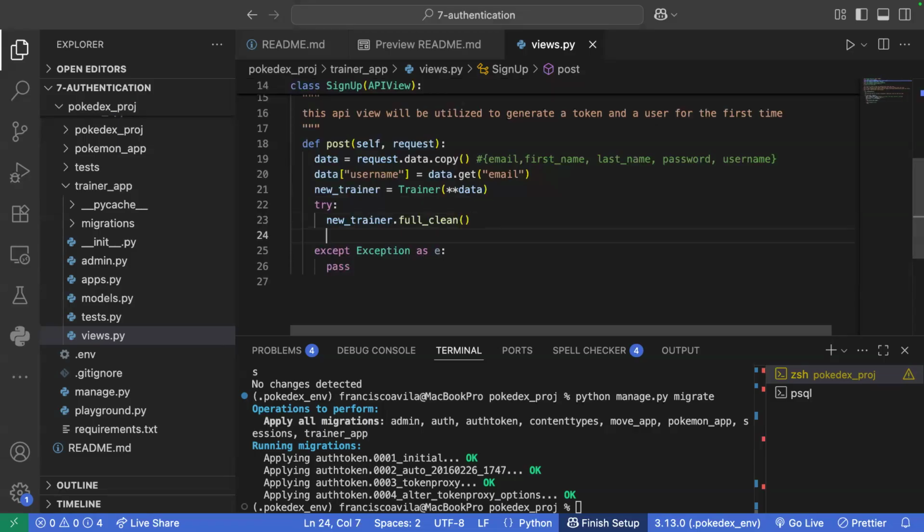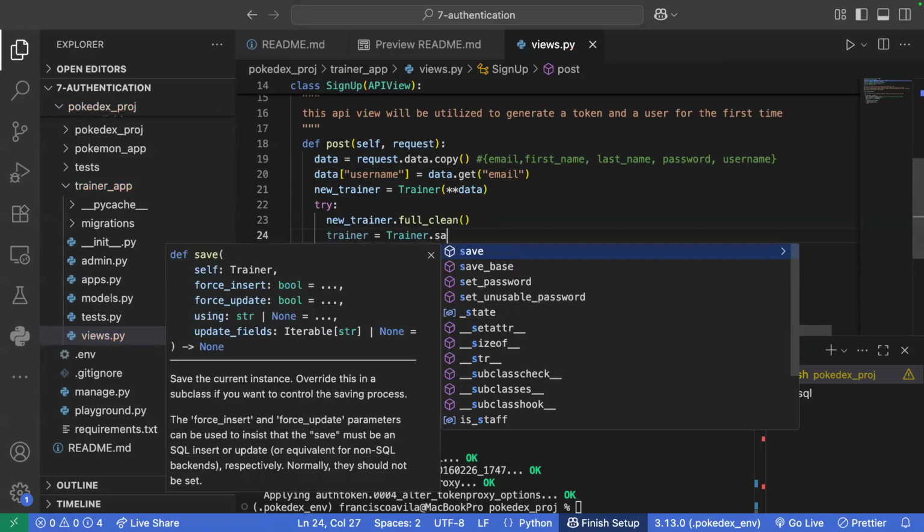You may be asking yourself, well, why aren't we utilizing a serializer? Well, that's because if I utilize a serializer, I have to make a specific create method, which kind of defeats the purpose of the serializer in itself. So instead, I'm going to handle it within my view. And I'm going to do this by saying, all right, now that this worked, I'm going to actually solidify my trainer by running